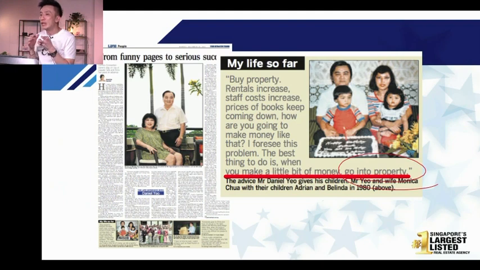This is an article that's many years back, and I really find it so meaningful because whatever the article is saying, it really relates to what I'm going to share with every one of you here, because I truly believe what is important is to learn how to build your future. A lot of people say, Kelvin, if some of you are parents here, you really need to learn how to have enough so that next time you can take care of your children if you want to. Of course, you can choose not to, but at least you have the option to do so.